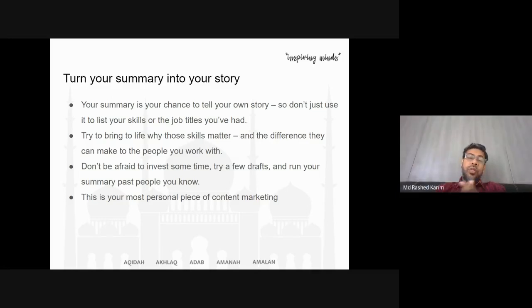Don't just use a list of skills or job titles you have. Tell me specifically more. Try to bring to life why these skills matter and the difference they can make to the people you work with.